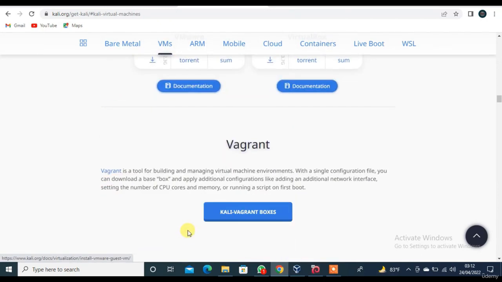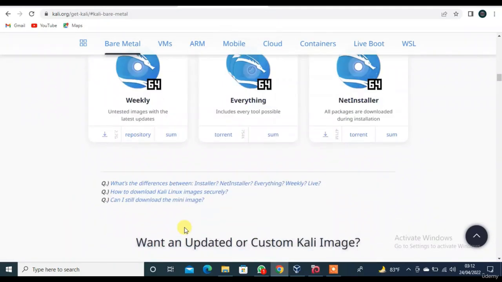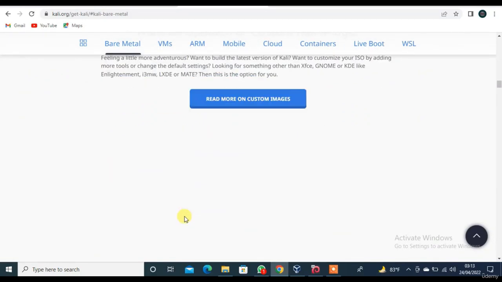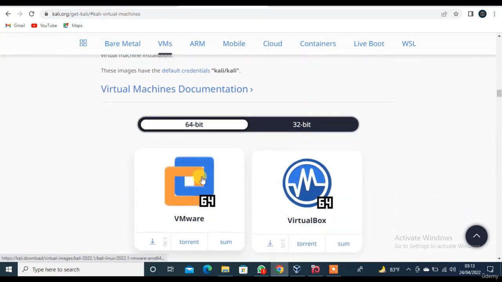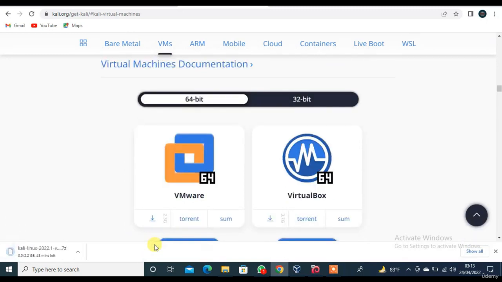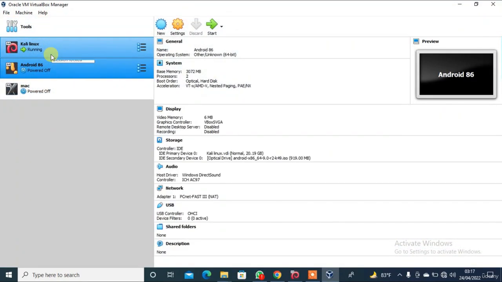So I need to install or download the 64-bit version for my virtual machine. So simply VMware 64-bit. This is 2.2 GB total space. After successfully downloading,